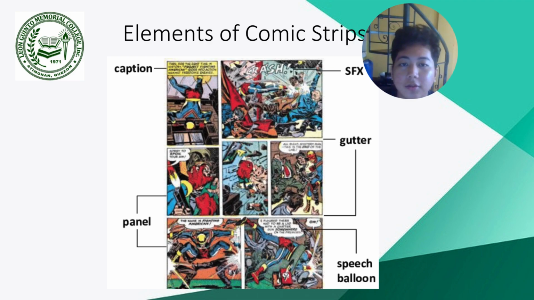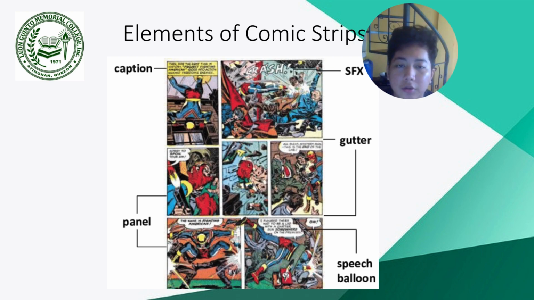So here are the elements of comic strips. As you can see, we have caption, SFX or sound effects, gutter, panel, and speech balloons. As I said earlier, there is text inscribed which is called balloons.